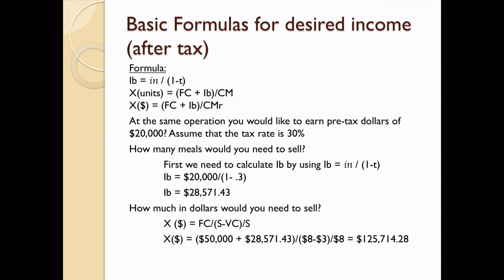So the first thing we have to do is figure out what our pre-tax income is to get an after-tax income of $20,000. We take our $20,000, we divide it by 1 minus the tax rate, which is 0.3, and our answer is $28,571.43. How many dollars would we need to sell? How much in dollars would you need to sell to make $28,571.43 pre-tax, or $20,000 after tax? Well, we use that second formula, and we plug in our numbers, and our answer is